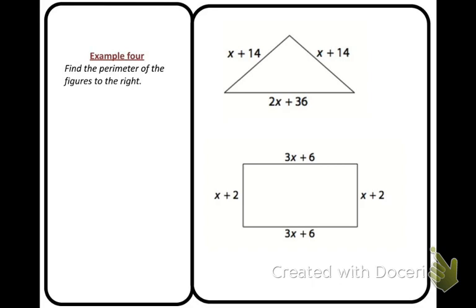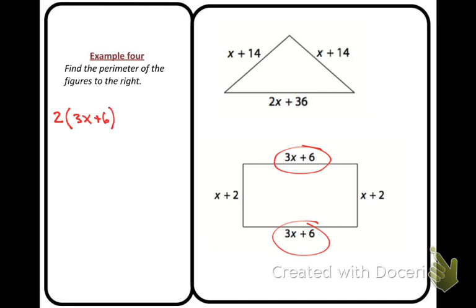Okay, going on to the square. So perimeter, same thing. We've got to add all the sides together. But this one, we can kind of do a little shortcut here. So notice how we have, and we could have used this for the previous example too, we have two of these 3x plus 6's. So what we can do is write it 2 times 3x plus 6,